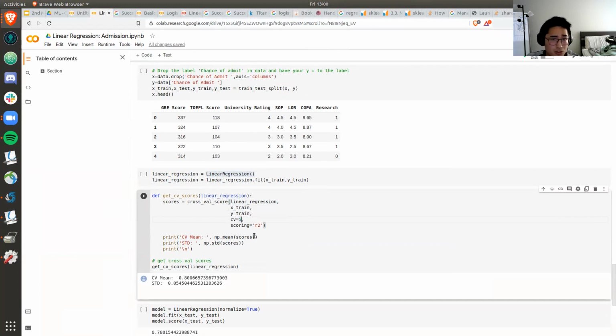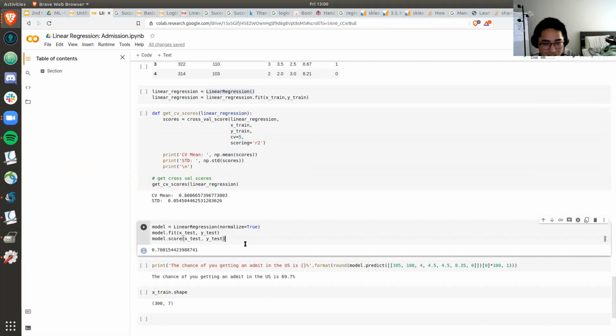R2, I won't go into too much detail, is just a way to measure your predicted value from the true label itself. So it'll provide you a relationship or the accuracy between all the data points and the labels. So over here we fitted our model with our testing data set after we trained our model, and we got like 78%, which is not so bad, right? Better than making predictions out of chance, right? So 78%, that's pretty good.